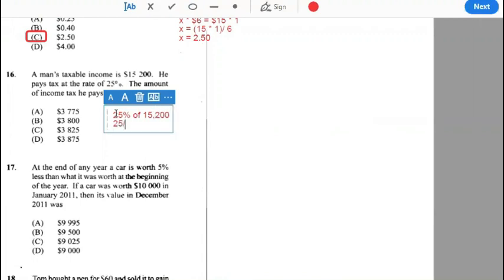Just 25 over 100 multiplied by 15,200, which one is simplified? 1 over 4 times 15,200. So, and when you work that out, your answer will be